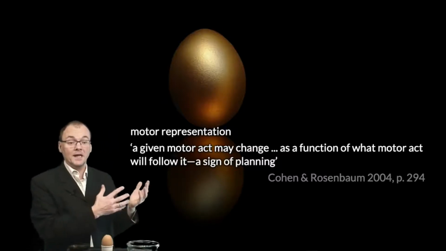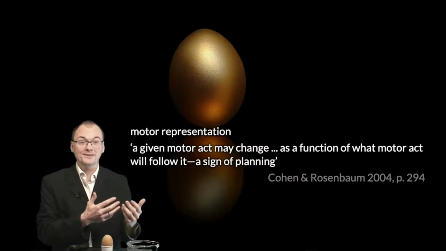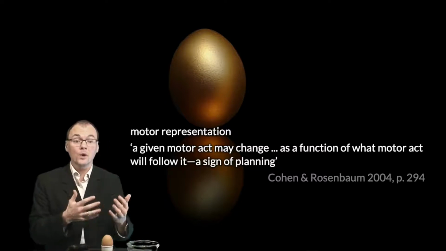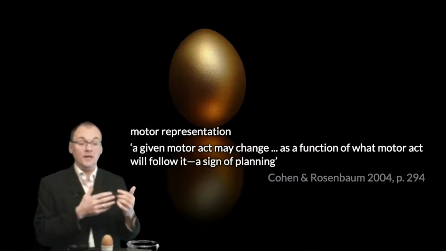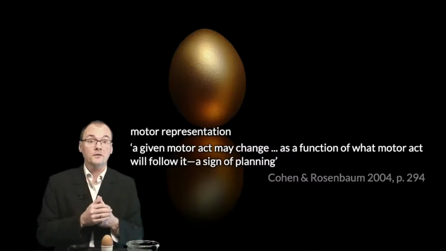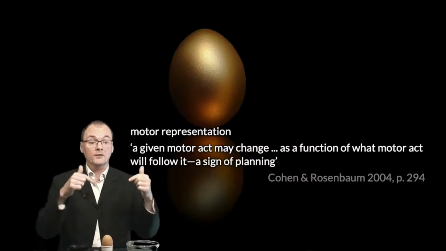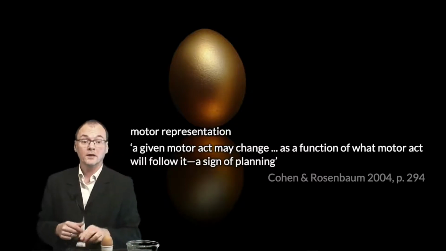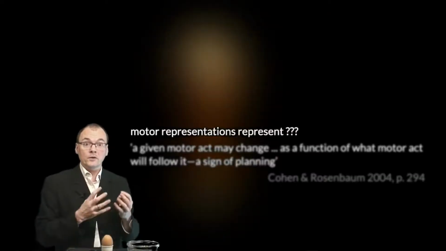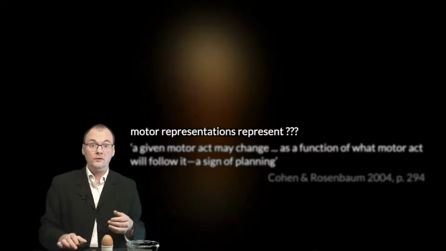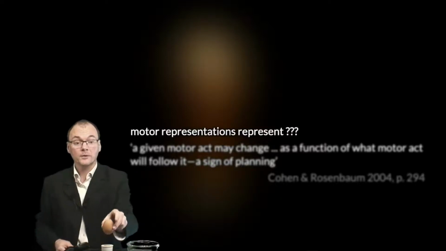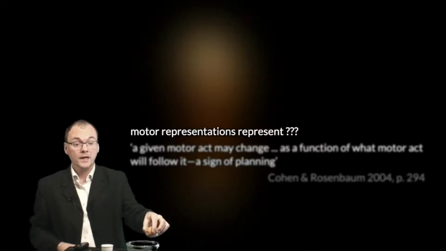But of course you can't have planning in that sense without representation. That's why we need to postulate motor representation, or one reason why we need to postulate it. You can't have actions being sensitive to future facts that you yourself determine unless those future facts are somehow represented, unless those future facts are somehow influencing the present. Excellent. Now the question is, given that we've got a good reason to postulate motor representations as the representations involved in controlling very small scale actions like grasping an egg or moving it sideways or breaking it into the bowl,